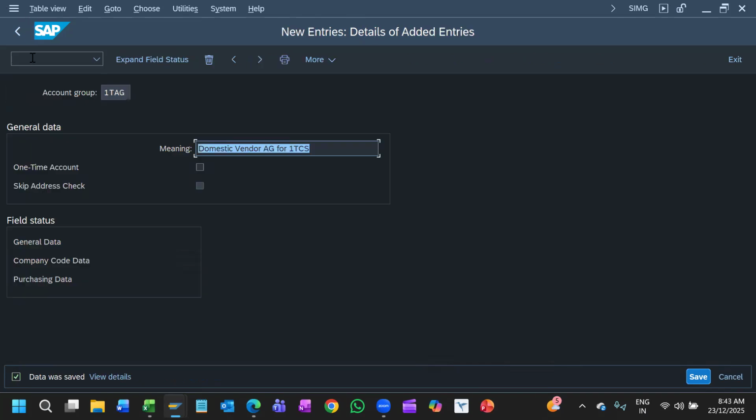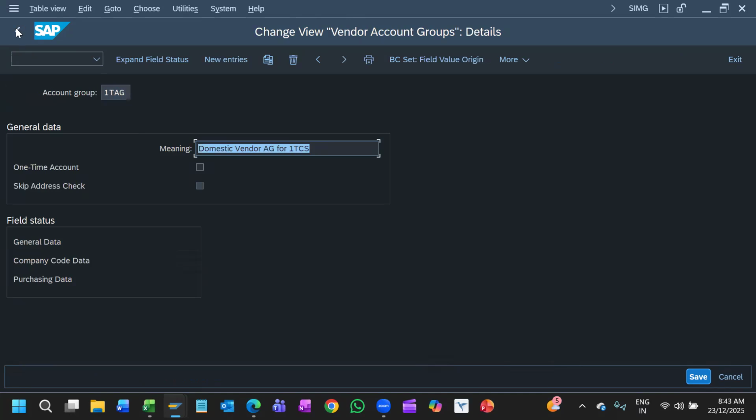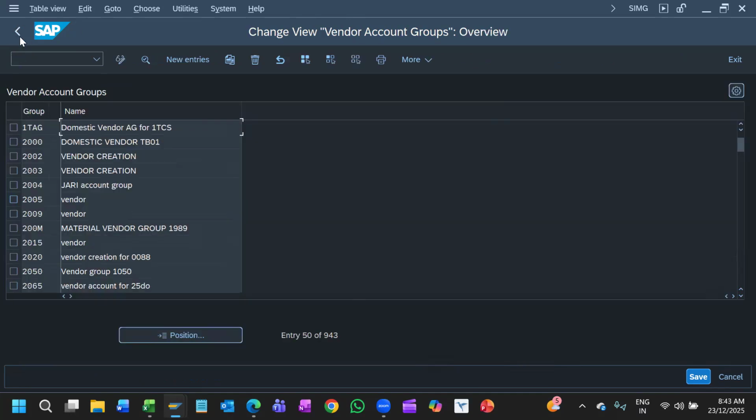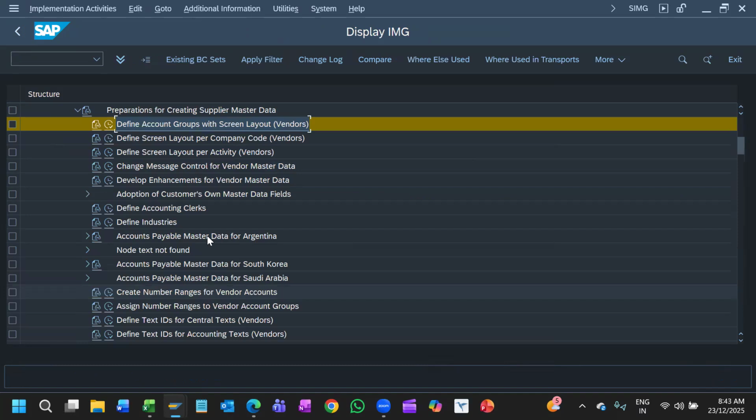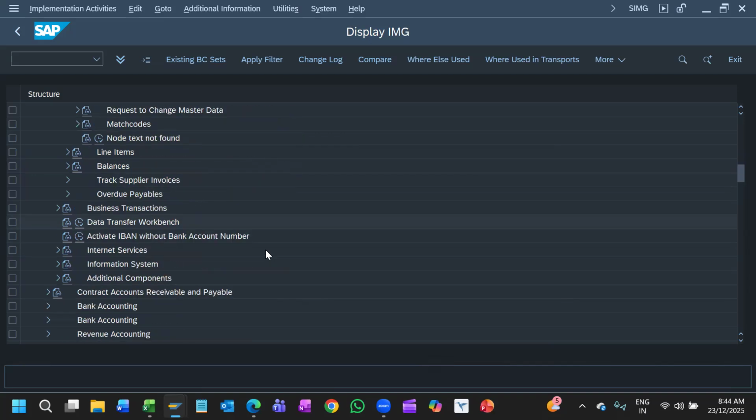Once you save, go back. Okay, your vendor account group is created. Whatever account group there is, you have to create a number range also for it. After this, you have to assign the number ranges to your account group. You have to create number ranges and assign them here. Same way, if you go down